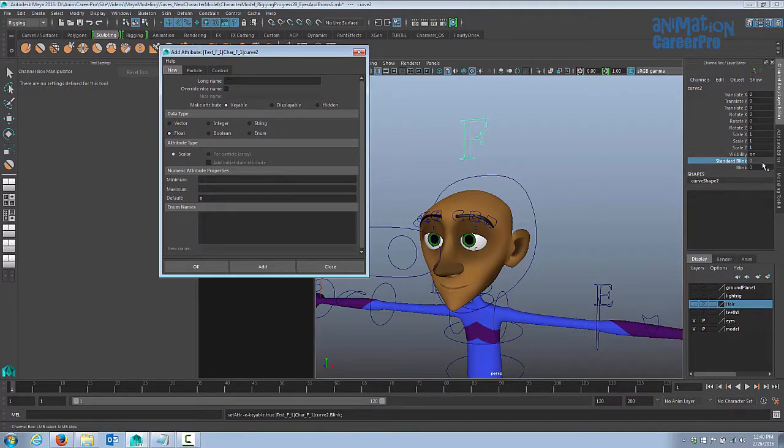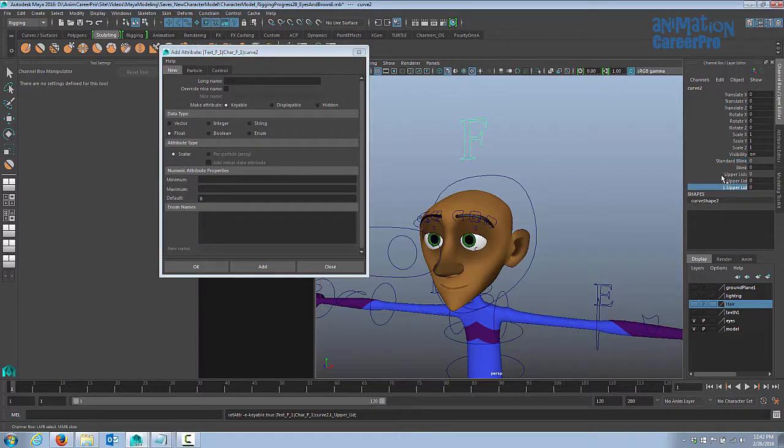Alright, so now we're going to create another title, displayable attribute, and we'll call this one upper lids. Click on add. And then for upper lids, let's do right upper lid, and we'll do -10 and 10 for maximum. We'll add that, and we'll create an attribute for left upper lid. We're always going to just keep it with a minimum of -10 and a maximum of 10.